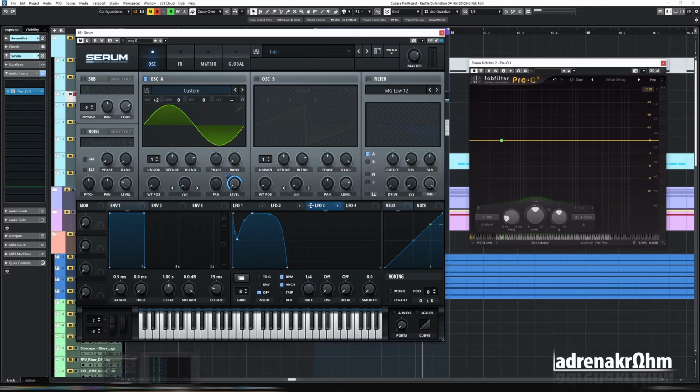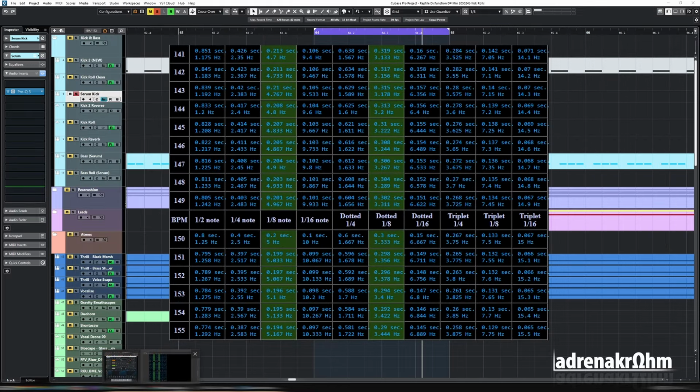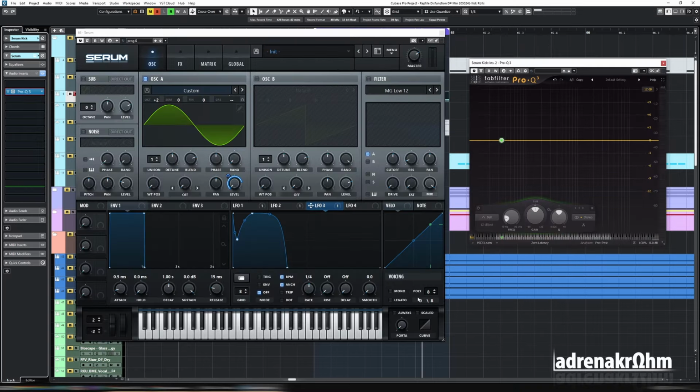So now if we go to our tempo calculator, this is just a guide online. Essentially, you're searching for BPM to Hertz. And then we go down to the track tempo, 148 down here, and we can see that in Hertz, this is 2.467. So if we go back to Serum, and instead of BPM sync, let's take this off, and then we put on